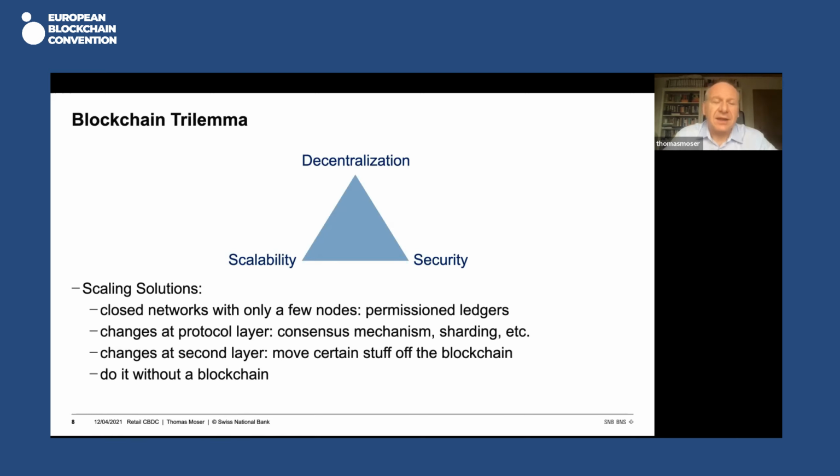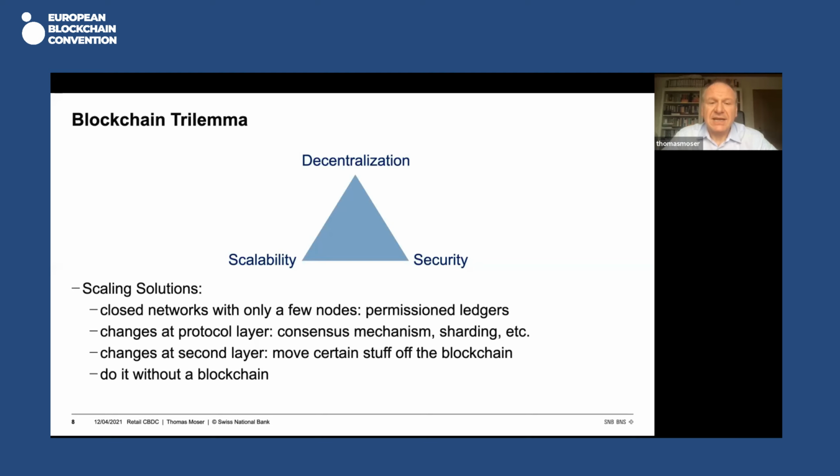Now here, the well-known blockchain trilemma, I think it was first formulated by Vitalik Buterin, shows you the problem with the blockchain. This trilemma says that you have these three objectives: decentralization, security, and scalability, sometimes also efficiency. And you can only achieve with a blockchain two of these objectives at the same time. So the big issue here is Bitcoin chose decentralization. It's very decentralized, and security. It's very secure, but it's not very scalable. So these are the famous 7 transactions on the chain per second, while in a retail CBDC, you need 10,000s